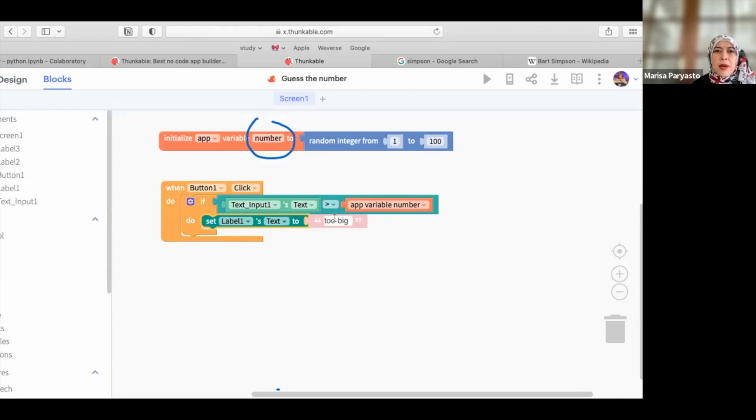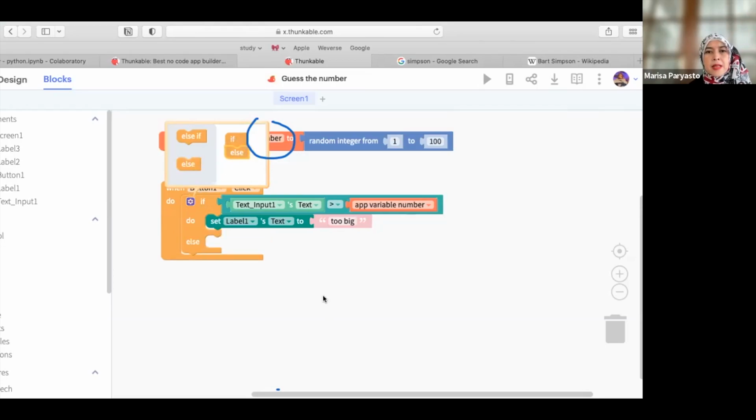Yeah, smart Gaby. Now add more else. Else or else if. Else, okay. So, yeah, just tap with two fingers. Yep, yep. Small,